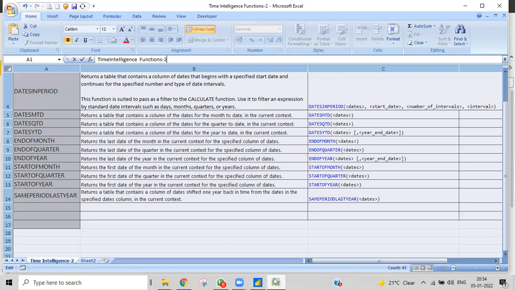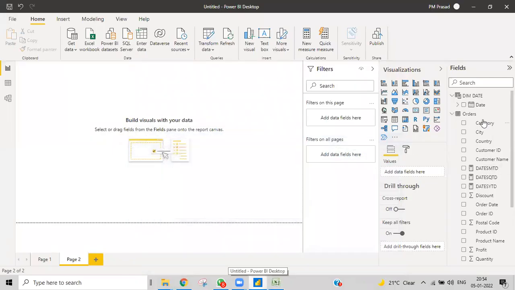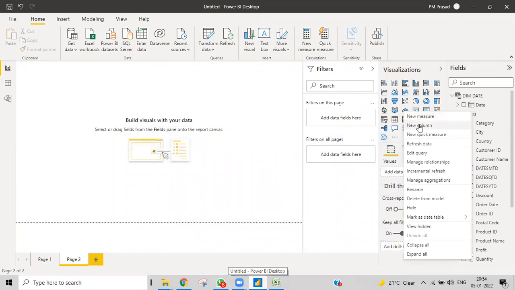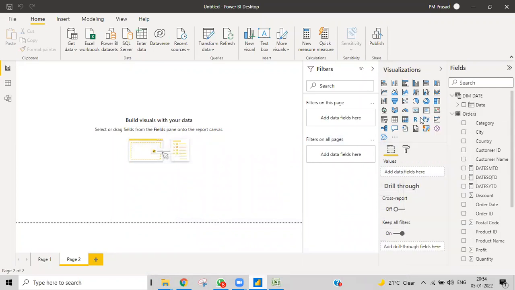End of month. So here I want to create end of month. A new measure.